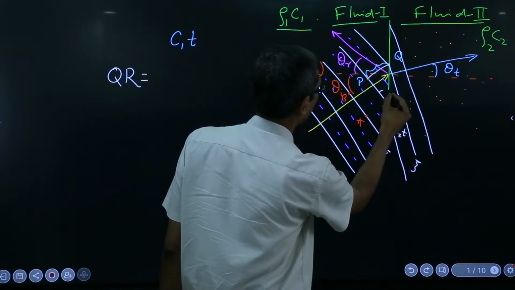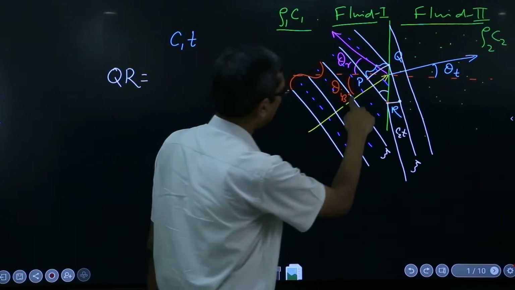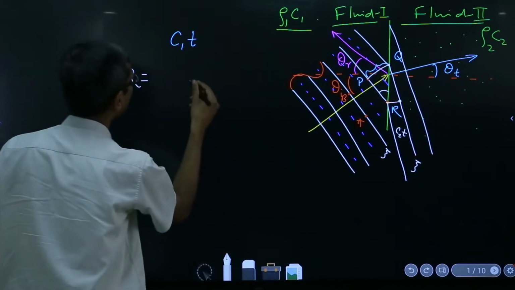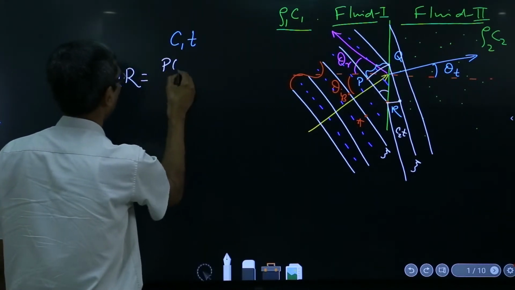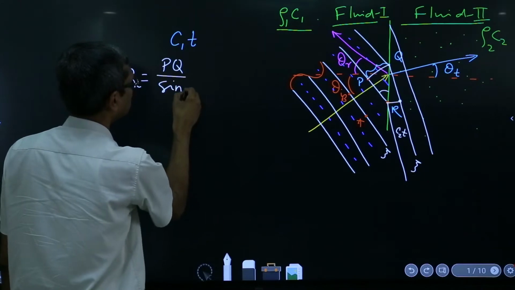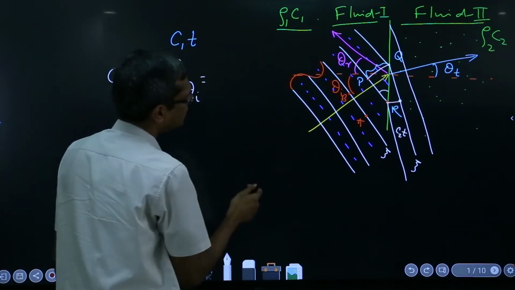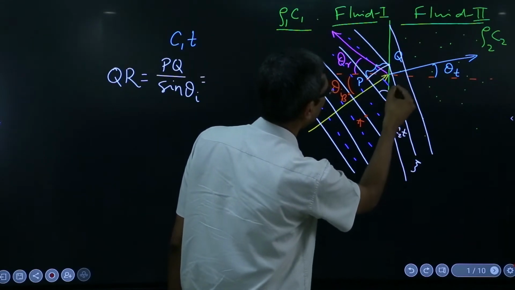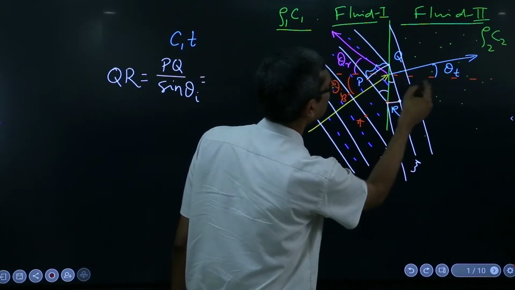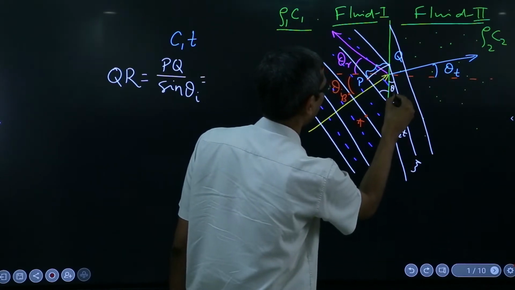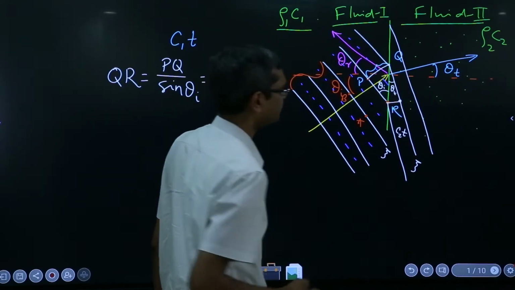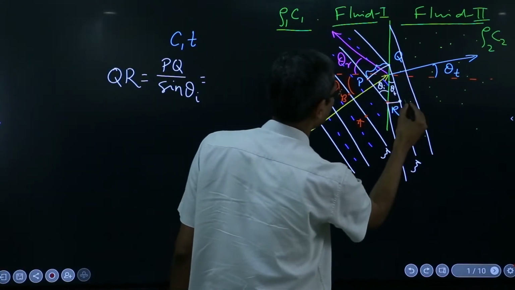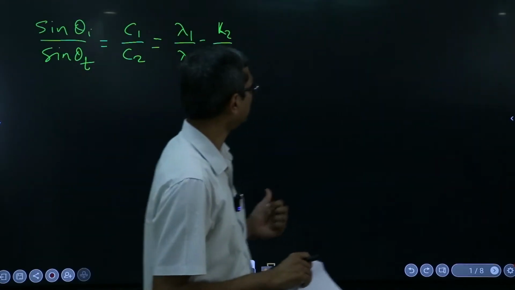This angle, this is theta I, so this also is theta I. So that means this is your PQ over sine theta I, which is also equal to, now suppose this angle is theta T, this is theta I, so that will be equal to PQRS, if I write this as S. We have discussed this